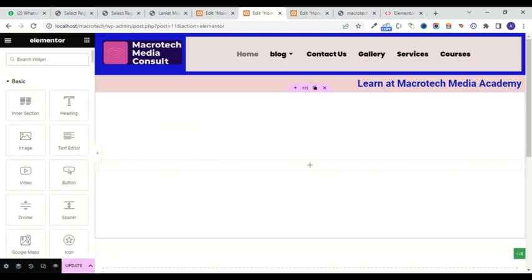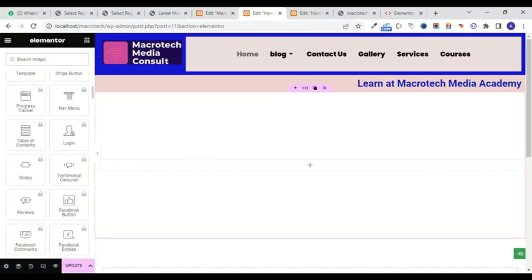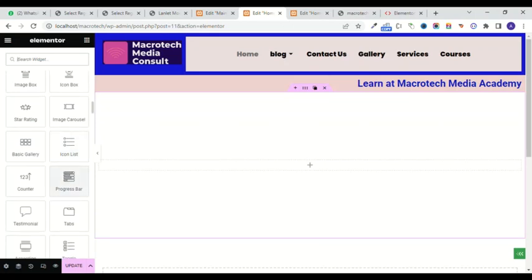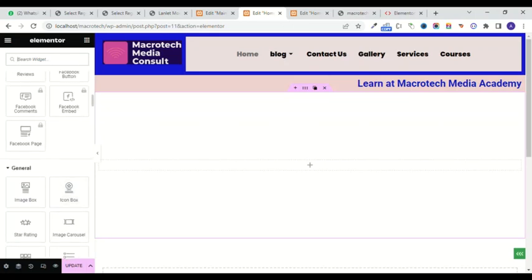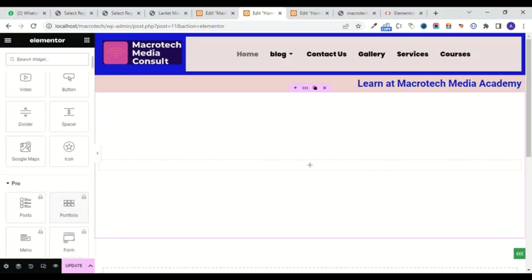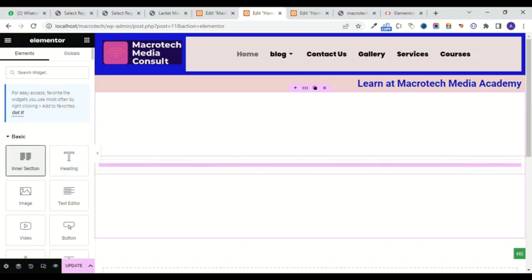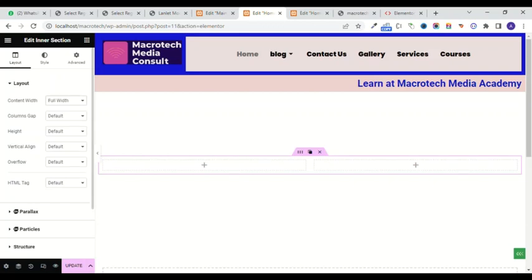I can go to this section and try to create something. You can use carousel, you can use image box, but I don't want to use that. Okay, let me use this section divider. Full width,